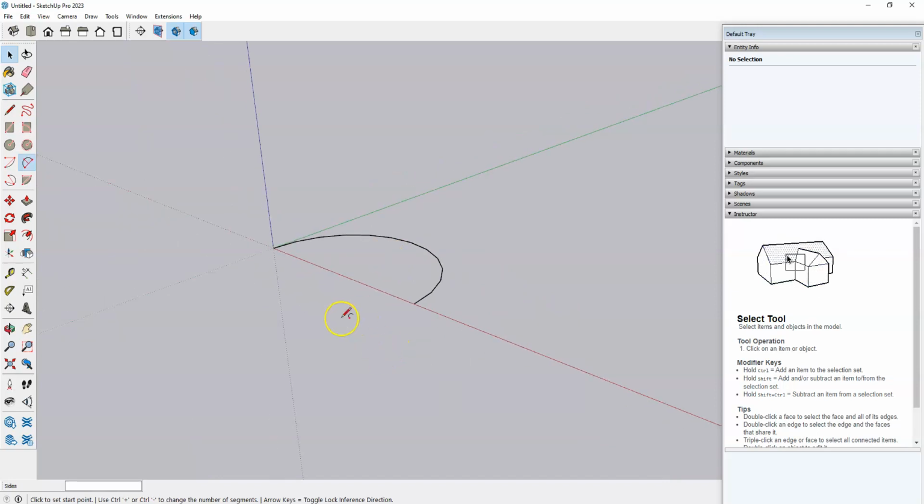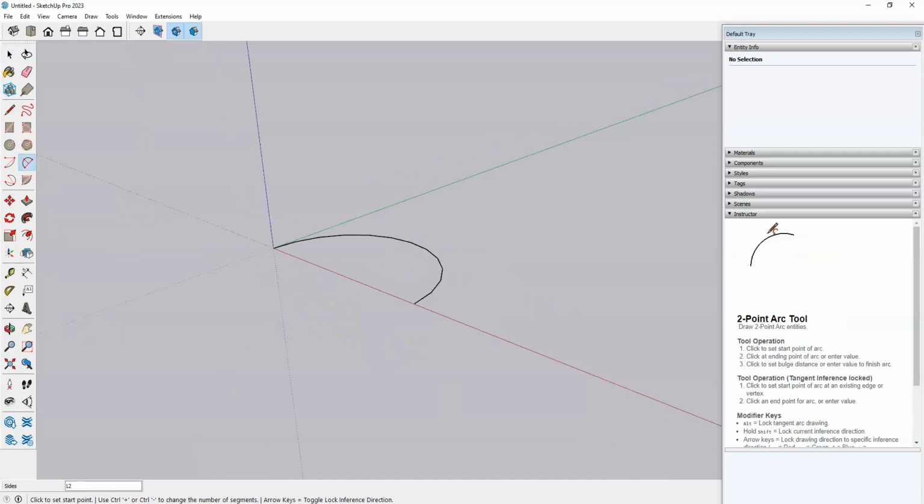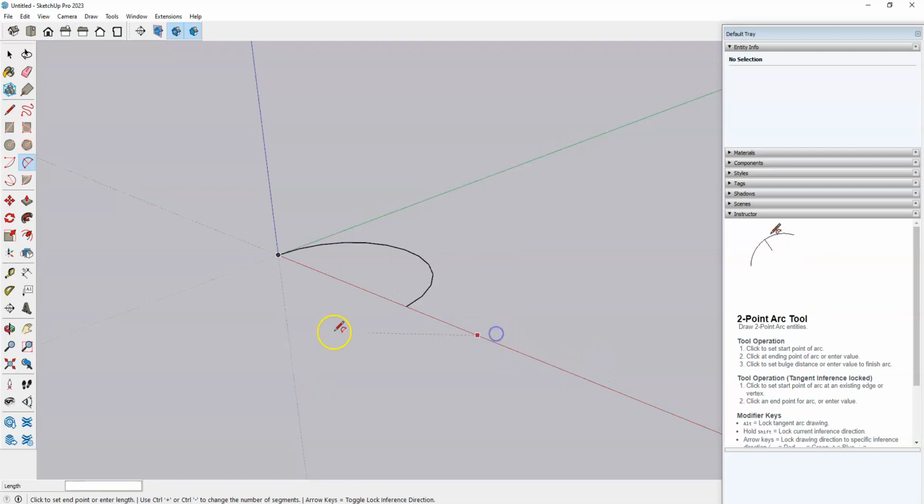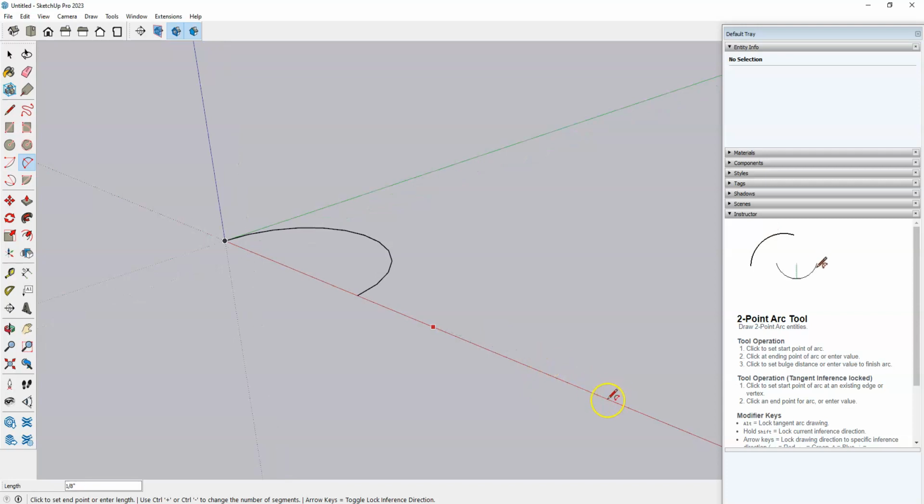Whenever I activate the ARC tool, I'm pressing A for ARC. You can see down in your little box down here, it says 12. That's telling you that it'll be 12 sides to that arc. If I immediately type a different number of sides before I even start my arc, it'll change the number of lines that make up that arc. So if I wanted it to be 24, I just type 24 and hit enter. And then my next arc should be made up of